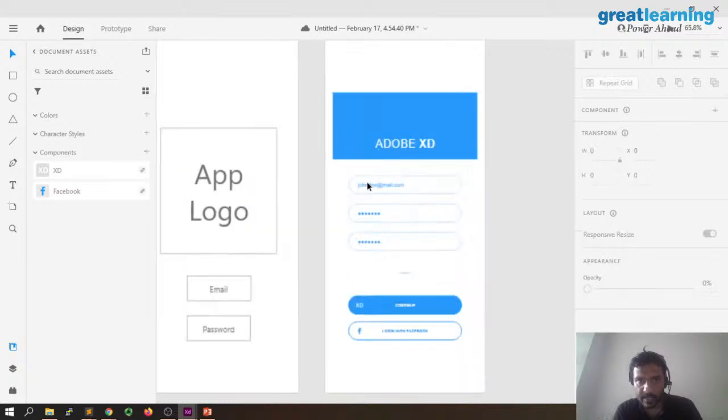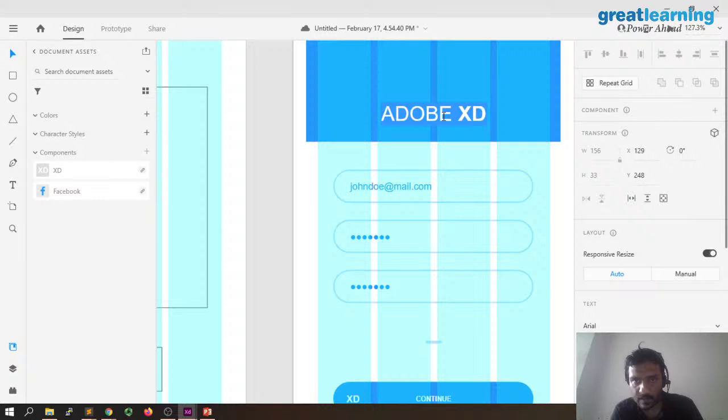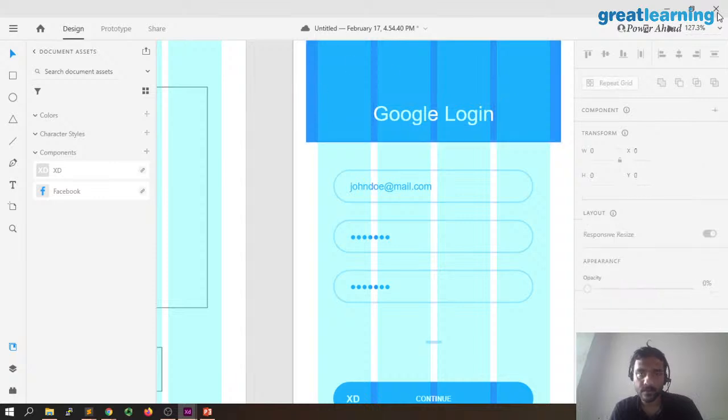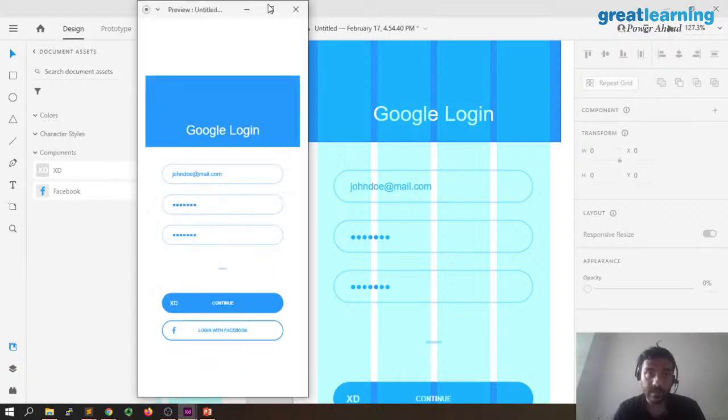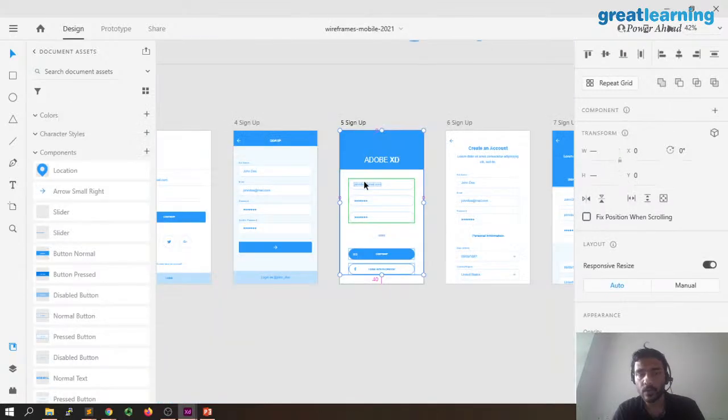So again, just rename this from Adobe to Google login, right? So now we have everything that we want. So it'll look like this. This is how you can use the UI kits to make it a lot easier, right?